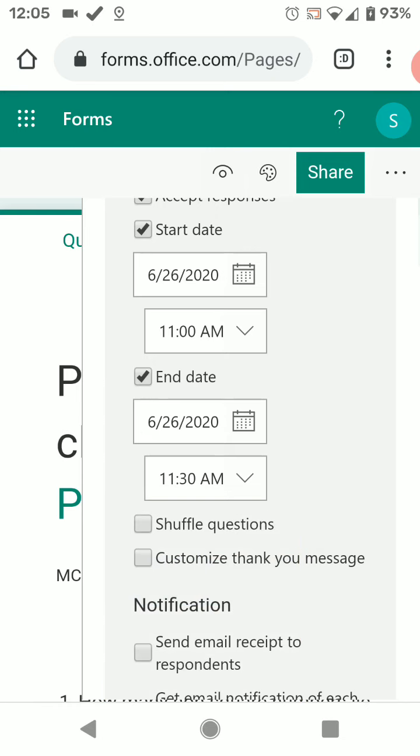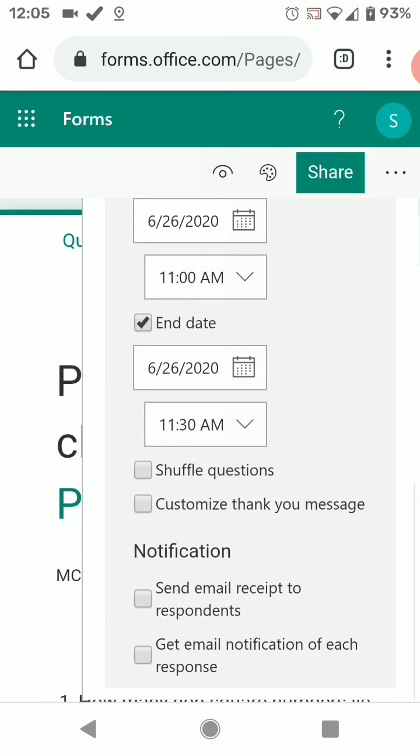So I am choosing 11:30 a.m. Now please don't try to shuffle questions, otherwise it will be difficult for the child. When you discuss the questions with them, the question number will be changed. You can also send the mail receipt to the respondents when they finish the test.